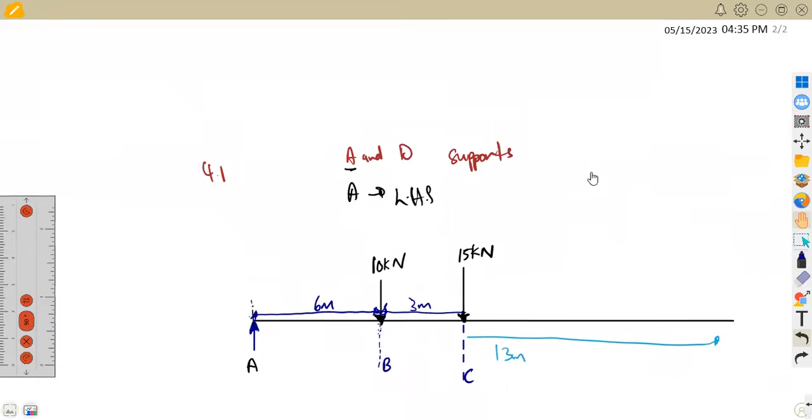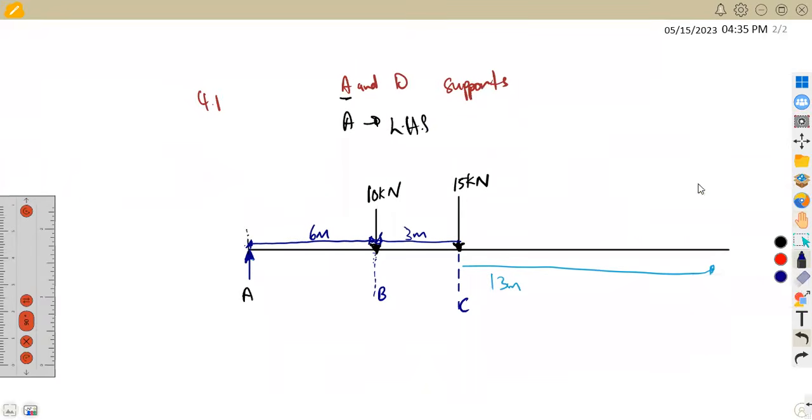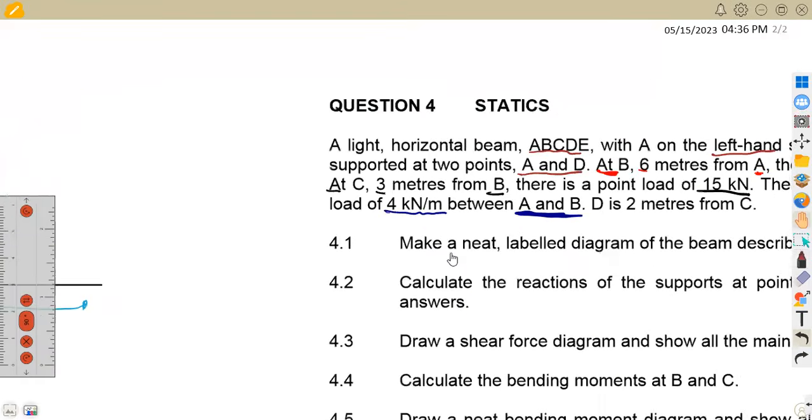So between these 2 points, A and B, we are going to have a distributed load here. There is a distributed load of 4 kilonewton per meter, affecting these 6 meters. Okay, then from there, we are given that